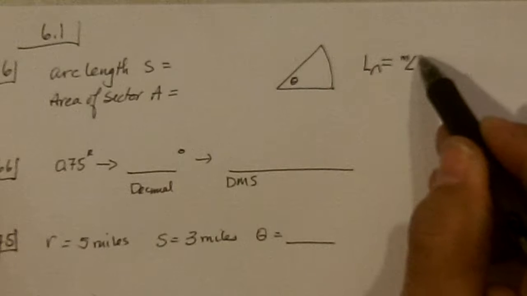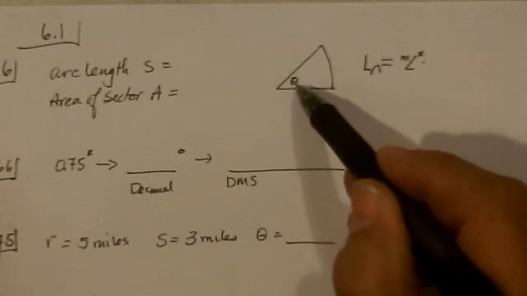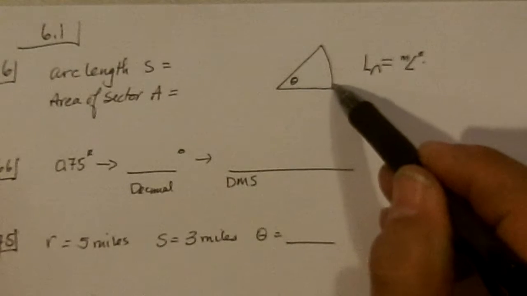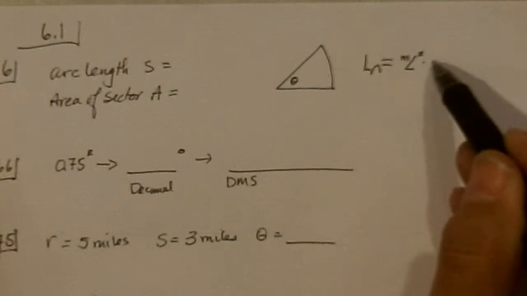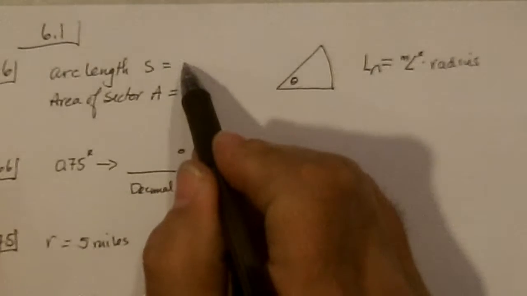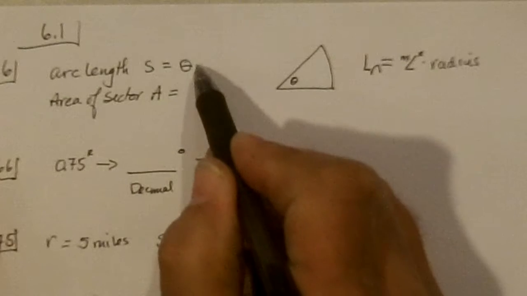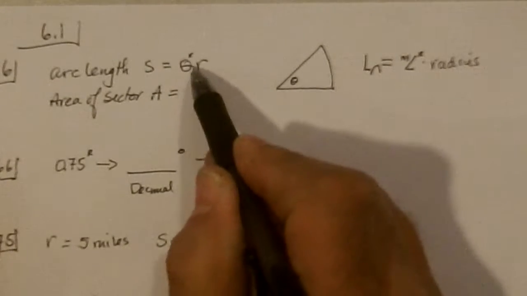the radius. If you measure the angle in radians, then that tells you how many radiuses fit out here. So you just multiply this amount of radians times the radius. So they want you to say theta times r, but theta has to be measured in radians and r